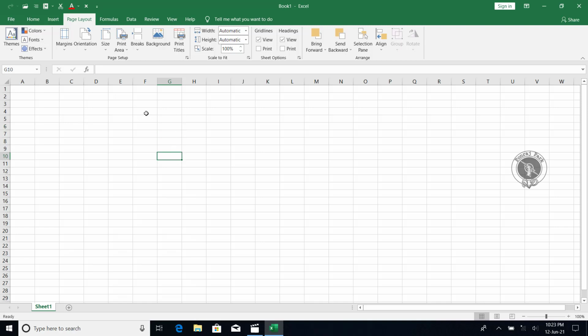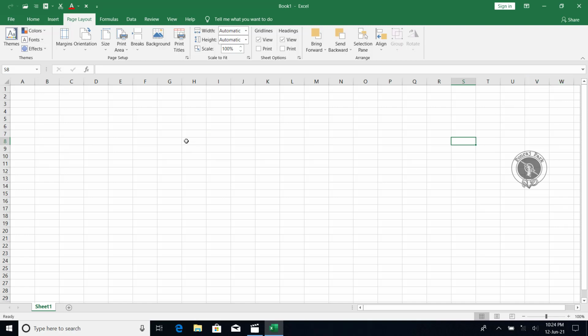Now here you can see A, B, C, D, this kind of stuff. It is divided, this is showing columns, and this we call rows. A, B, C, D are columns and these are rows. We have a lot of columns and a lot of rows. As you can see here, it's going V, W, going along that side.